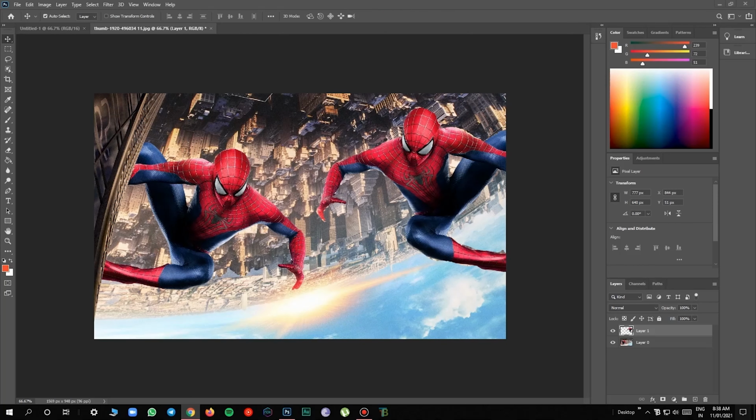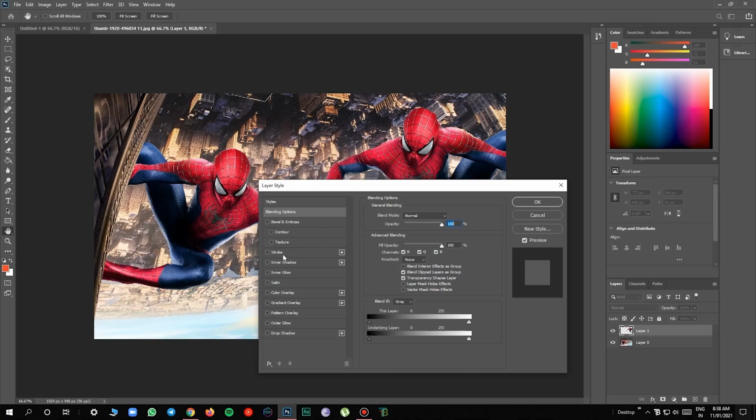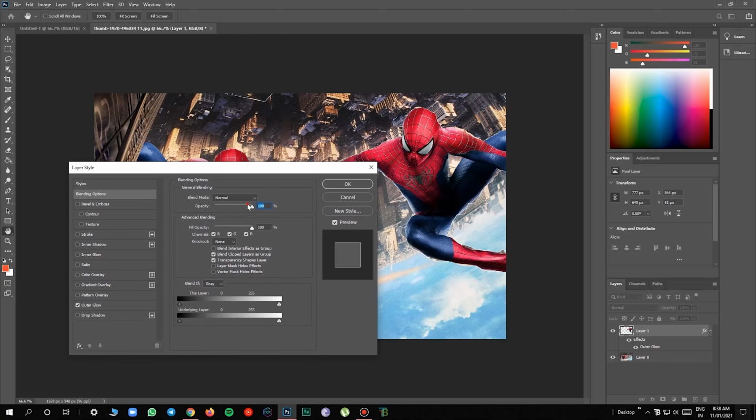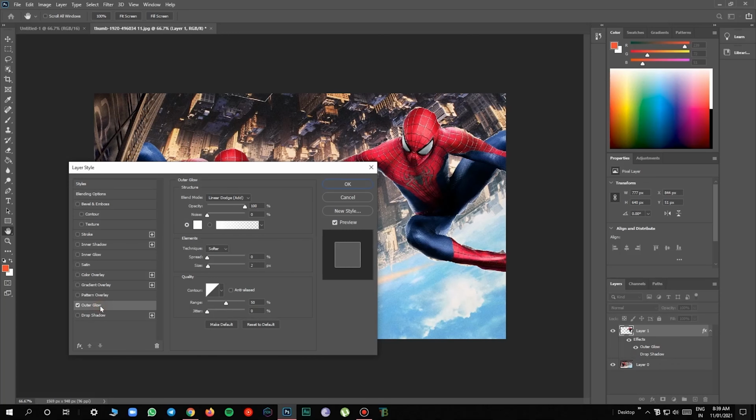So now go to the effects and the blending options. So there are a lot of options in the layer style, as I told you in the earlier videos. So this is the outer glow. We can increase and decrease the opacity to make it a little bit nice, but we are not going to do that. Just an outer glow. As you can see, there's a little tiny white area in the outline of the second Spider-Man.